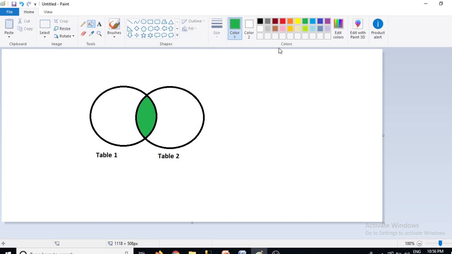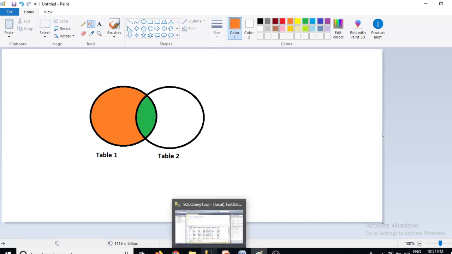Now it will retrieve based on both the tables, like it will retrieve from the left table and the matching rows from the right table. So like this. It will retrieve all the records from table 1 irrespective of whether they match with the right table or not, and the matching rows from the right table. Okay, so all these records will be displayed by this left outer join query.